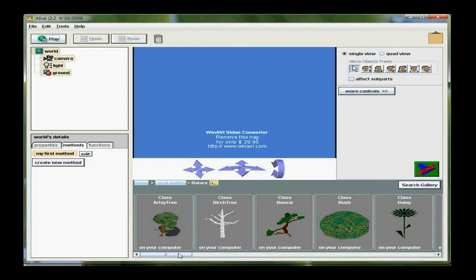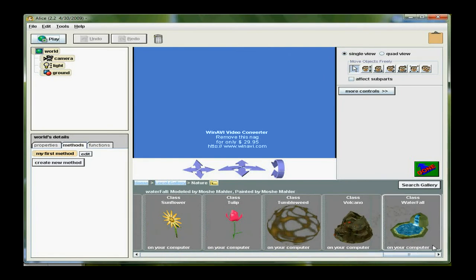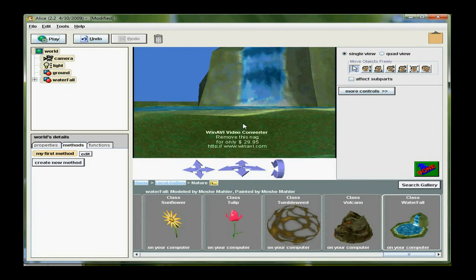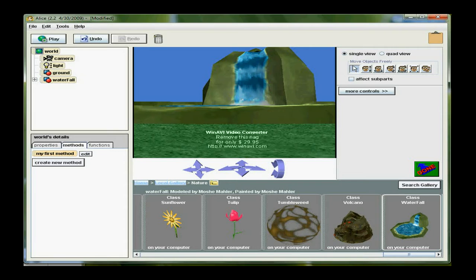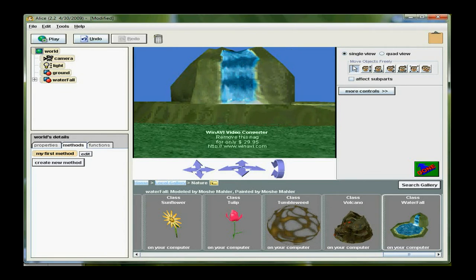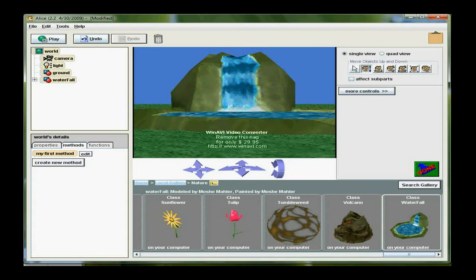class because I want the waterfall. Remember, these are in alphabetical order. Here's the waterfall, and I'm going to position it to start with about right there. I'm doing a drag and drop to get it in, and that's too close, so I'm going to back it up, and I'm also going to turn it slightly and then move it over so it's kind of in the center of the screen. Then I'm going to take it down so that the edge is not quite so high,